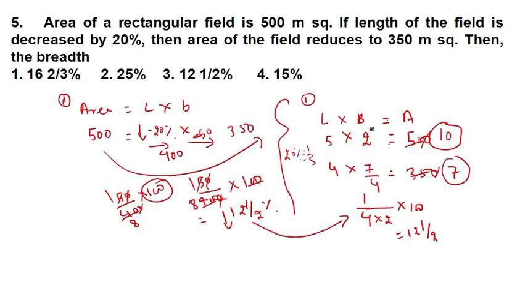Just minus this 2 minus 7 by 4. You get 1 by 4. And then in the base, if you want to take percentage, this is the actual value. From this number it got reduced. So 1 by 4 and you take 2 in the base into 100, you get 12, 1 by 2 percentage. Fine. Okay, good. So it means that it got reduced by 12, 1 by 2%. Let's move ahead.